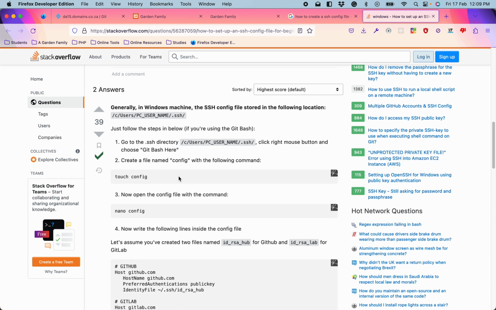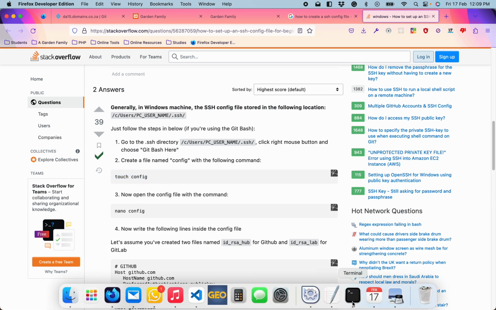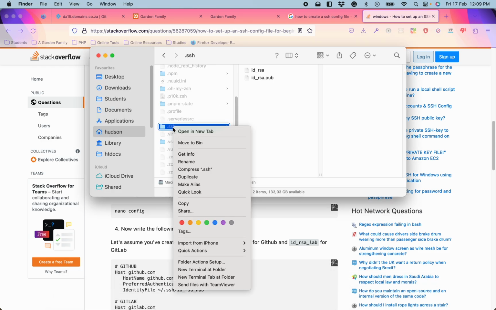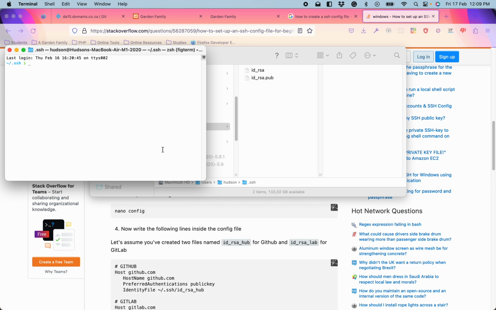Okay, cool. So we're going to create a file here, touch config. That's how we're going to create it. So let's first go here. I'm going to say new terminal, add folder for me. You want to open this folder